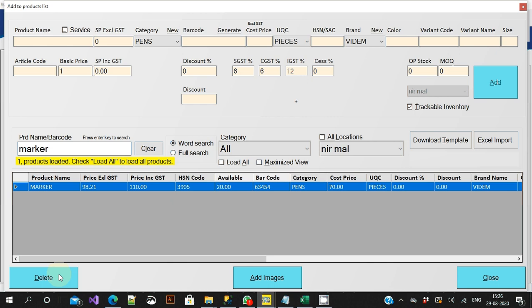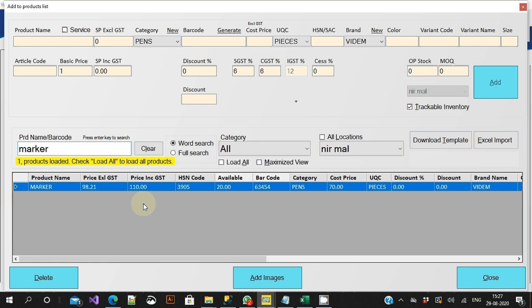So there is a condition where it doesn't delete. It says that this product is already used, which means that if you make any invoice, any estimate, any DC, which is a delivery challan, out of this particular product, you cannot delete this product because this is a participating product in invoices and financial transactions. There will be lots of reports which can show what an invoice is, how much we have incurred, and for what products. So all those details are linked to this product. Unless you delete the invoice, you cannot delete this product.